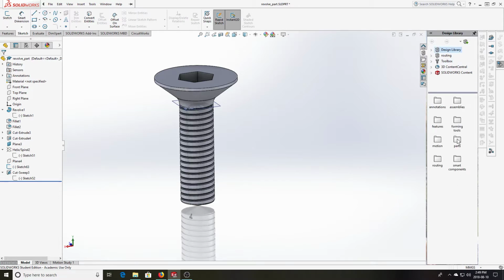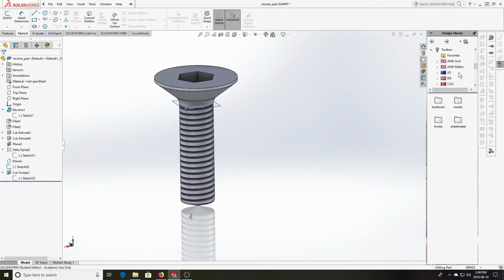And the design library has, if you select that, parts. And in those parts, you'll find hardware. You'll find all kinds of things that you've never thought of before. And you can scroll around in there and you can find